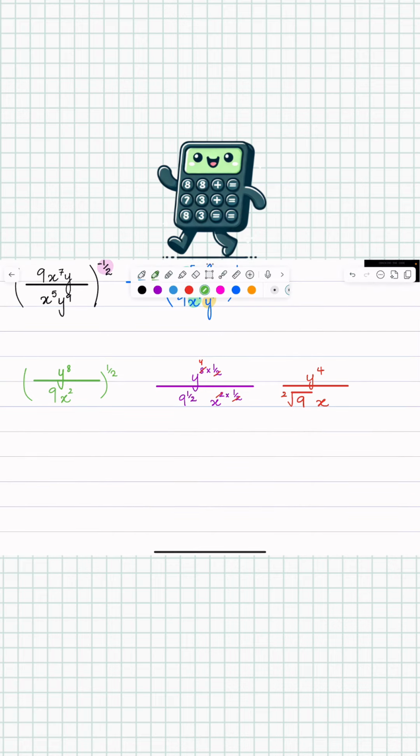We all know this is pretty easy. Square root of 9 is 3. So the final answer is going to be y to the power of 4 over 3x. No further simplification can be done and we did it in